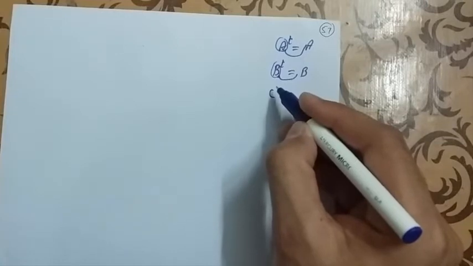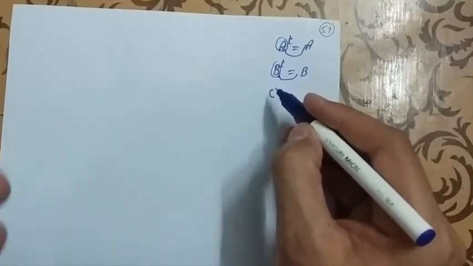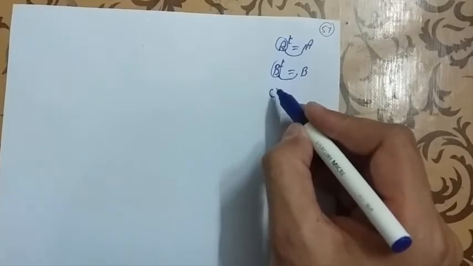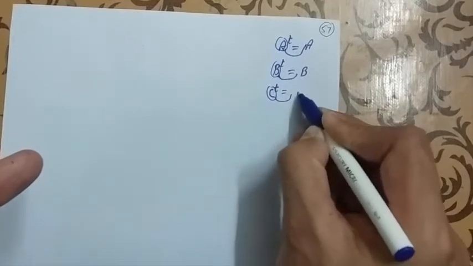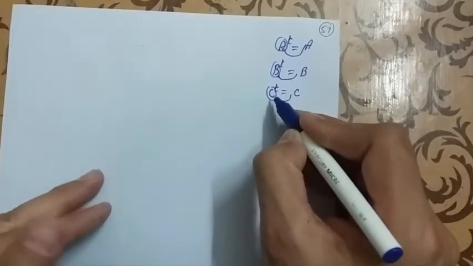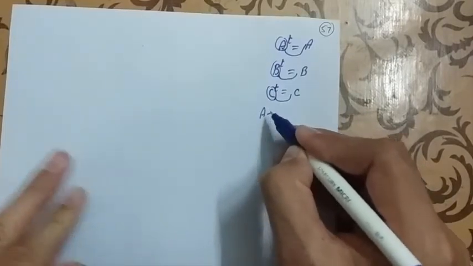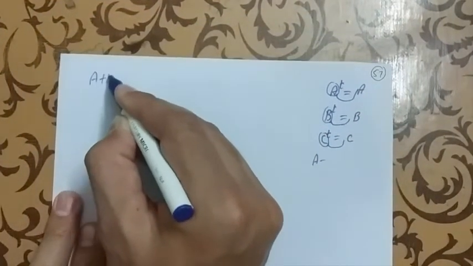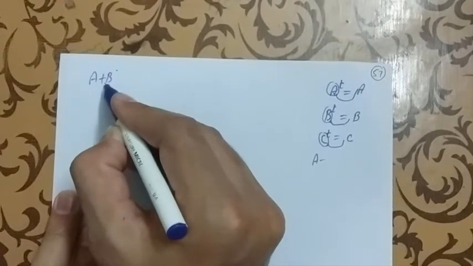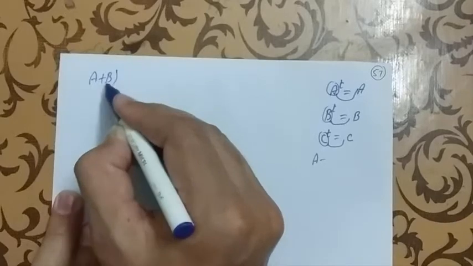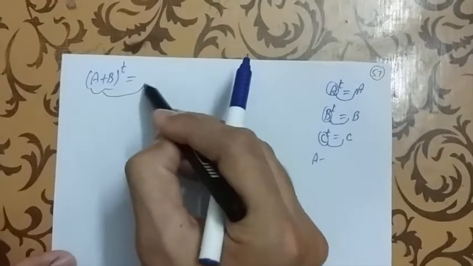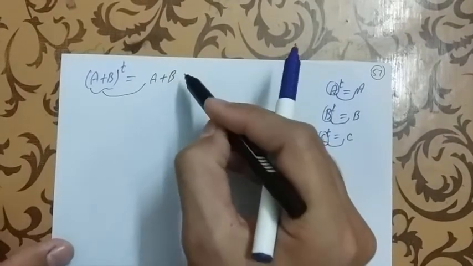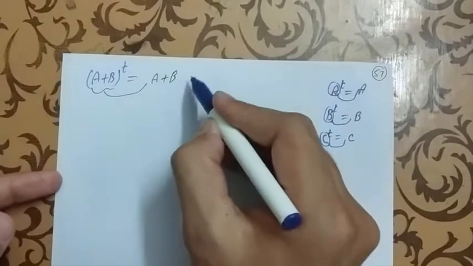And if we take this square matrix and transpose it, and its result is equal to this matrix, so we say C is a symmetric matrix. And if I have a matrix A plus B and check whether it is symmetric, we have to check its transpose, and its result should be the same A plus B. So first of all, prove this.